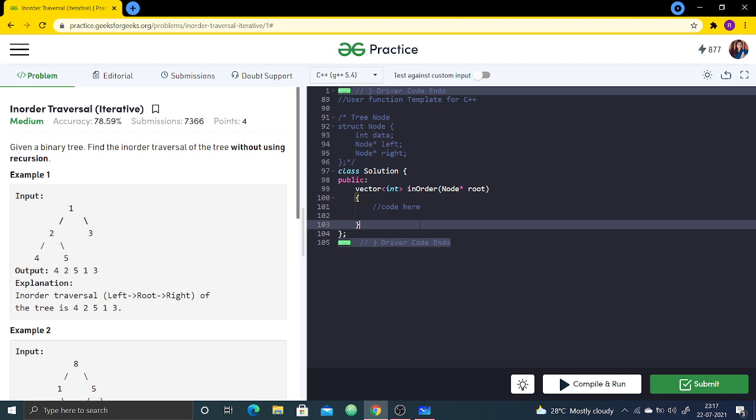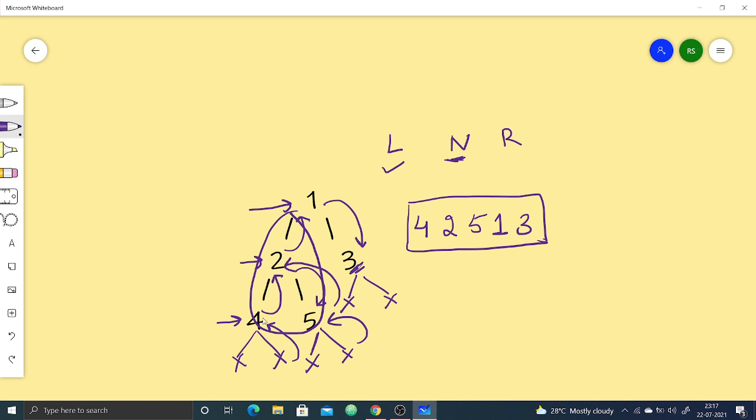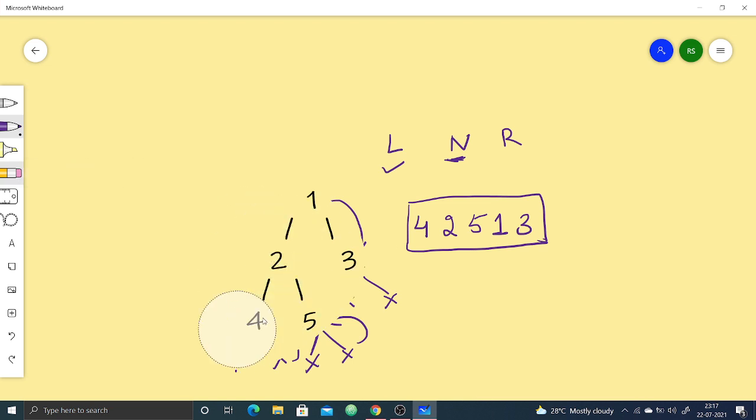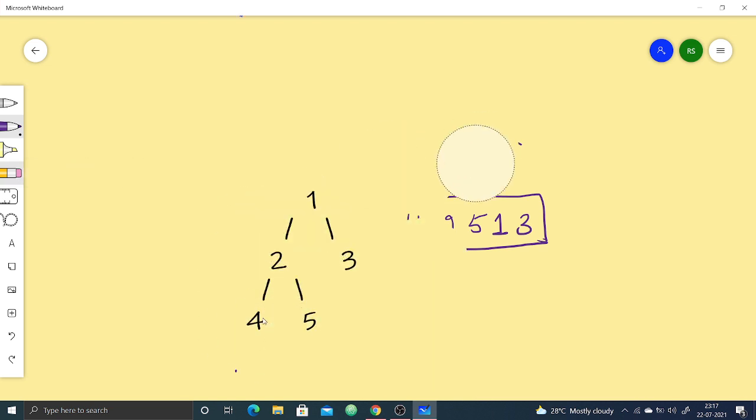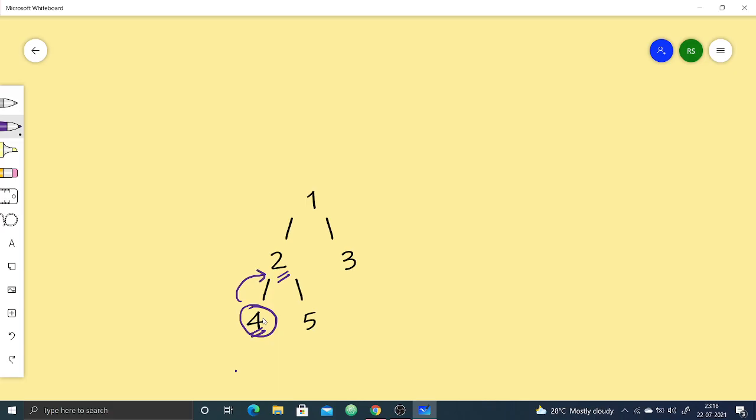But if I'm not using recursion and if I am at 4, okay, let me just clean it. See, if I am at 4 and I want the address of 2, because that's how the in order is being printed, we are printing the left node, then we are returning back to the root node.